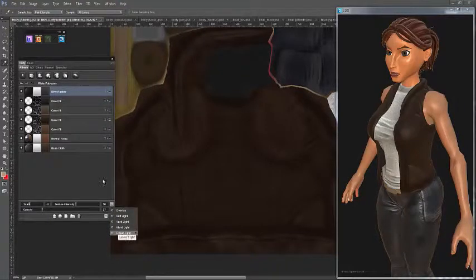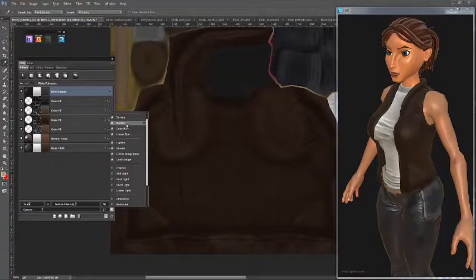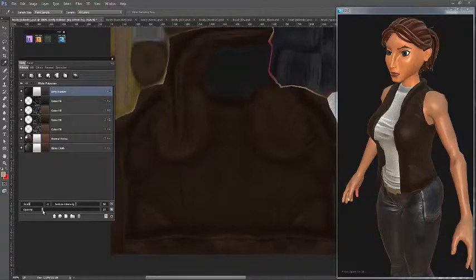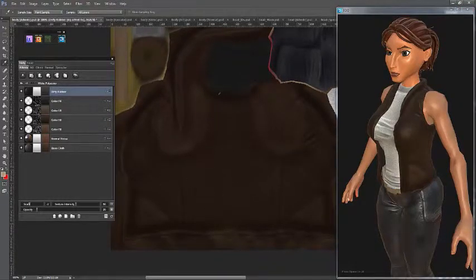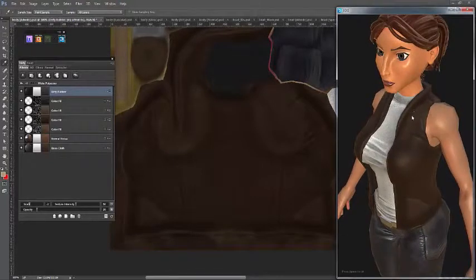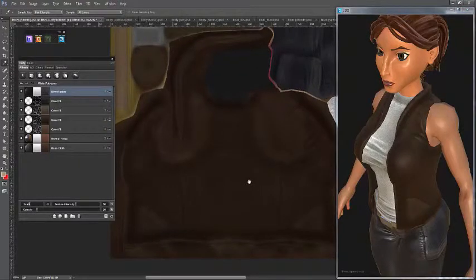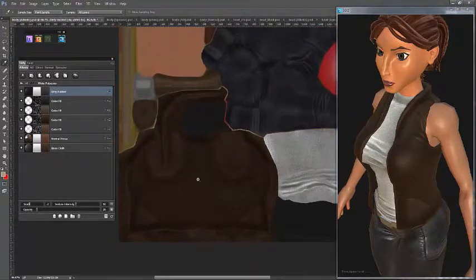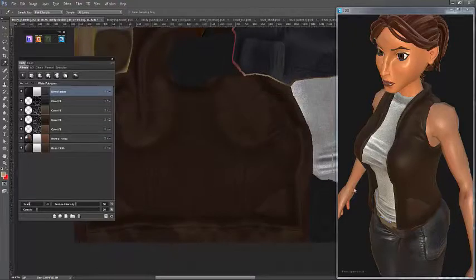So this is linear light blended with multiply at a fairly low opacity here, and I might tweak this down just a little bit more, and you can see we're getting good variation throughout the entire material here, and it's going to blend in the highlights a bit better. Those darker patches are going to blend in nicely, and we're just getting a visually appealing sort of material here. So now that that's finished,